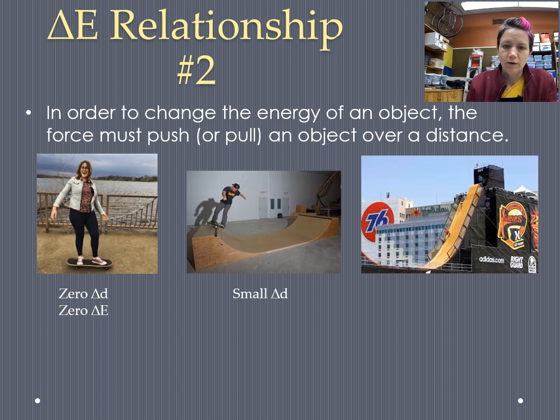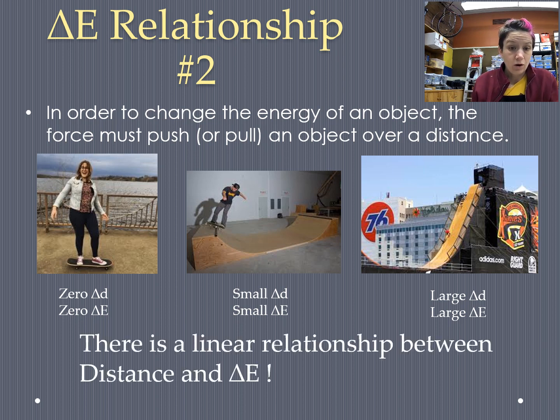The second skater is moving that skateboard a small distance, and so the skateboard is going to change energy, but not very much because the distance it's moving is relatively small. Of course, that third skateboard ramp allows that skateboarder to push for a large distance, and then obviously that means that skateboard is going to change energy, or gain a lot more energy, than the other 2 skateboards. So overall, we end up with another linear relationship between the distance of forces acting and the overall delta E